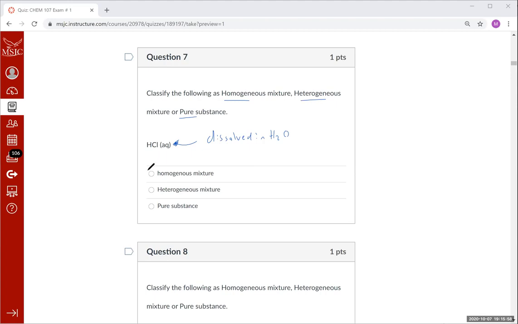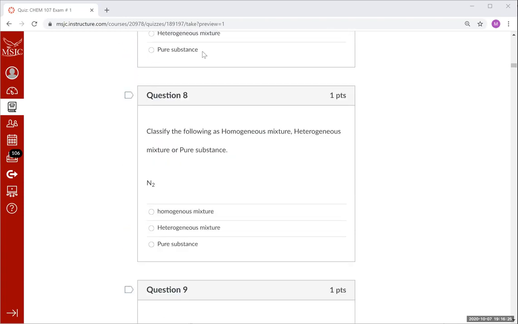Homogeneous mixture. Yep, exactly right. It would be a homogeneous mixture because we have hydrochloric acid and water mixed together to make a miscible solution of consistent composition. Does that make sense? Perfect. So let's look at the next